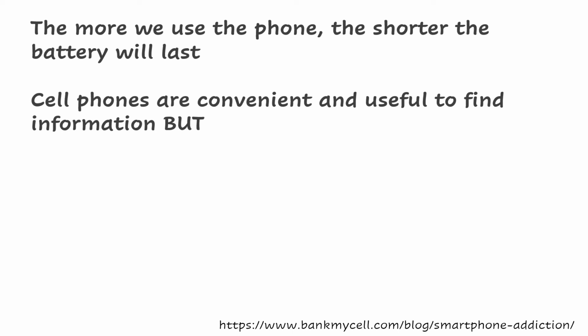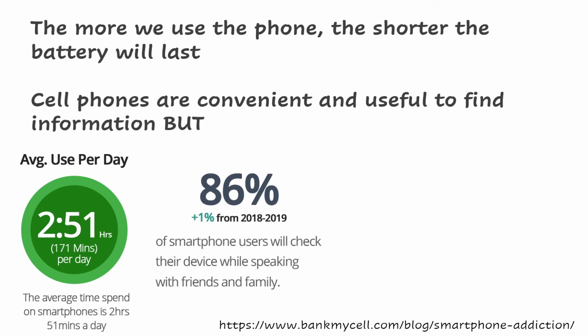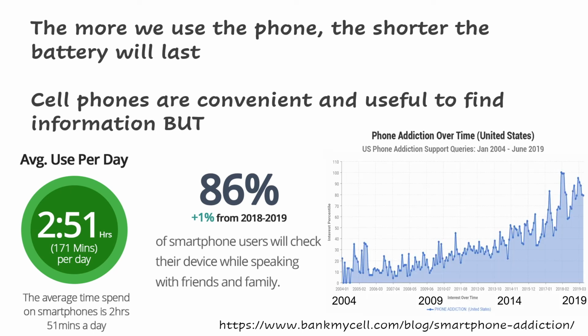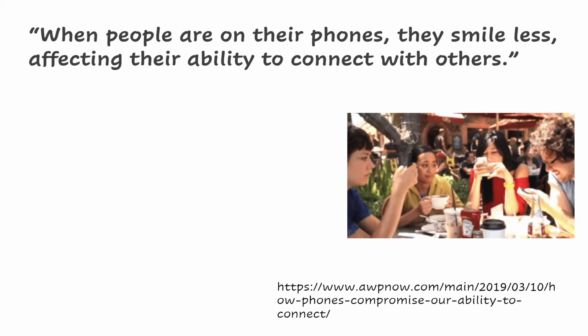There's an interesting study that looked at how much time a person uses a cell phone. On average, a person spends about 2 hours and 51 minutes of wearable time on the cell phone. About 86% of people have reported that they check their cell phone even when they're talking to friends and family. Also, there's something called phone addiction, and it is actually growing over time. There's another study that found that when people are on their phones, they smile less, affecting their ability to connect with others. I'm sure you've been in a situation like this